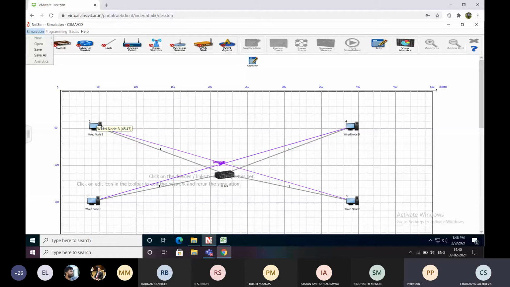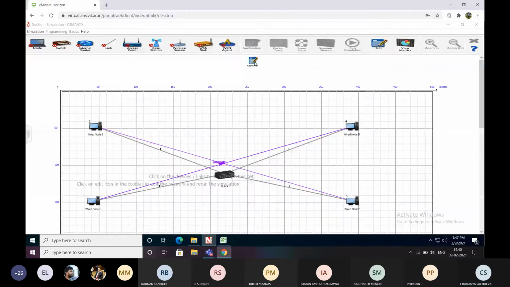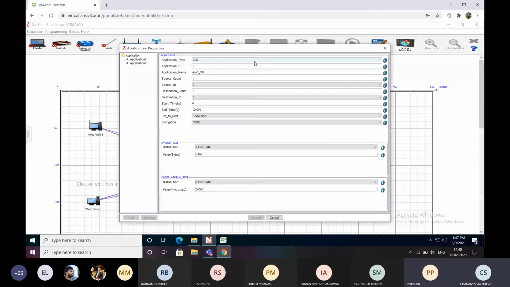Whether you right click that application, it is there. Right click. Can you see that application? Yeah, right click the application.